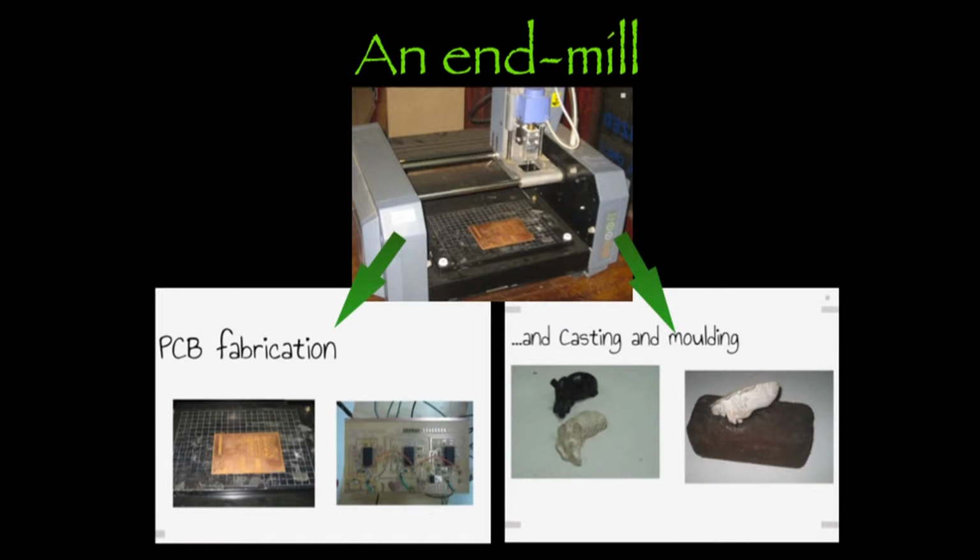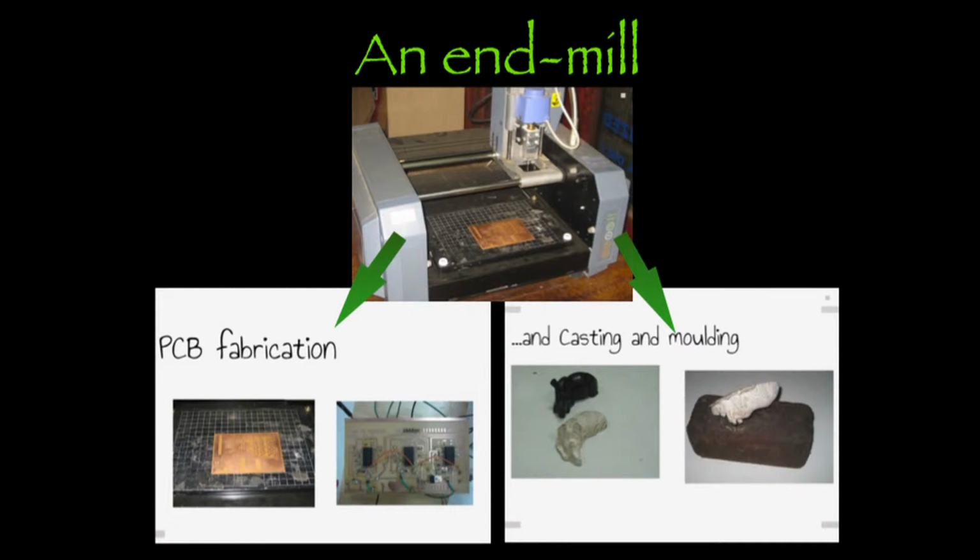So I want to share with you what some of the tools are in the Fab Lab. So we have an end mill. The end mill allows us to make things like electronics. So we're able to make circuits very easily. Rapid prototyping is a buzzword. So you're able to have an idea in the morning, and by midday, you've already made a solution, a prototype of that solution. So we can make circuits like the one shown in the picture over there.